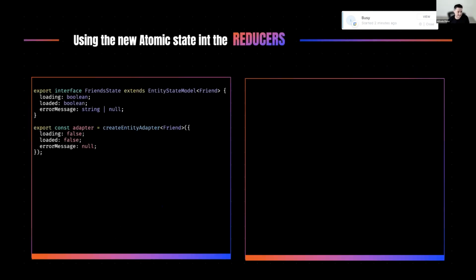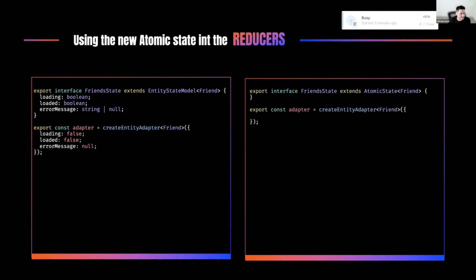So if we look at this, what is the benefit or the difference between using the normal entity? On the left side, I have the one that is using the entity state, and you can see that I had to create all the properties for the state and also set the initial state. But whenever we use the atomic state, since that was already coded into it, we don't have to define anything.